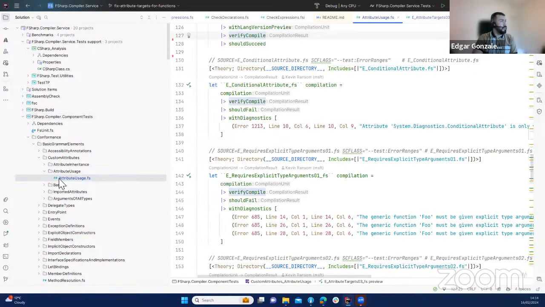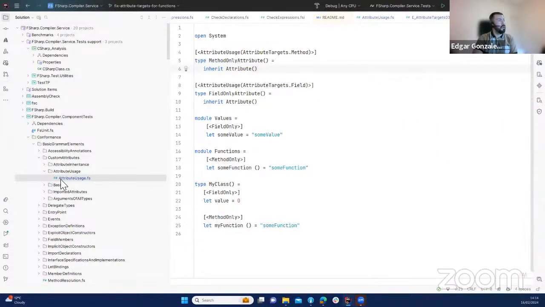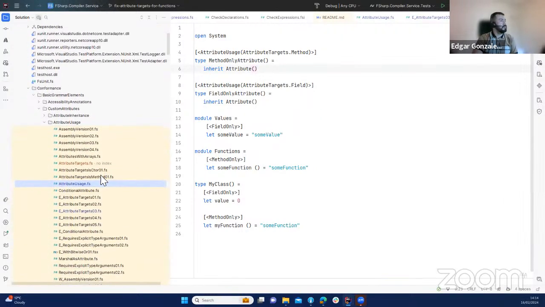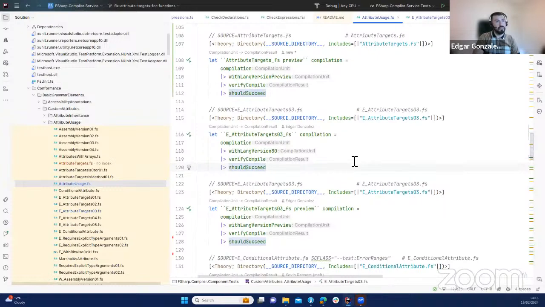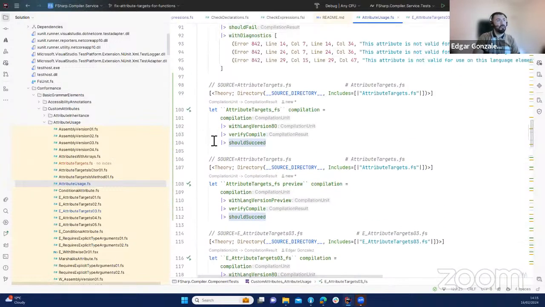So here I created a file called attribute targets, which is this, but let me show that one there is here. And then here I am going to basically define what will be the right way of calling this. And then on the attribute usage, I'm going to actually use that file to write that. So if I, for example, run this